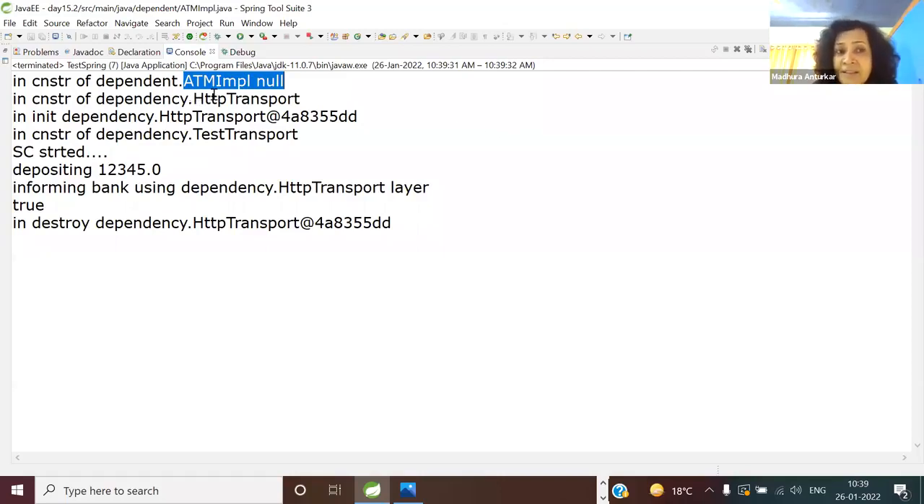Then it has created the dependency. Okay, it has created the dependency, and it is not setter based yet, it is field level dependency injection. So the moment the constructor instance is created, the instance fields, the instance members, are available, and your dependencies are all set in. Let me say this